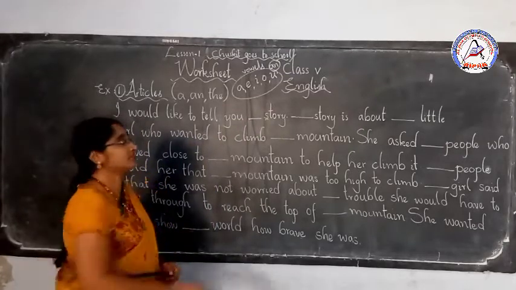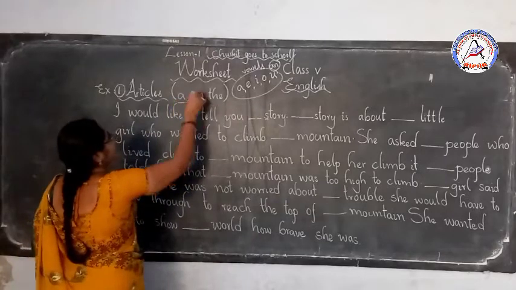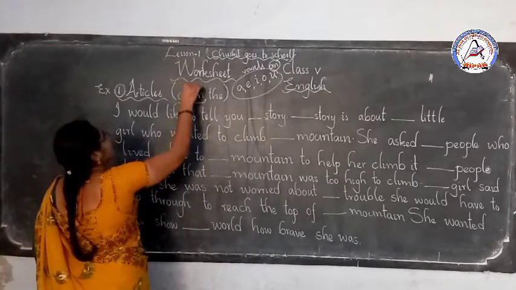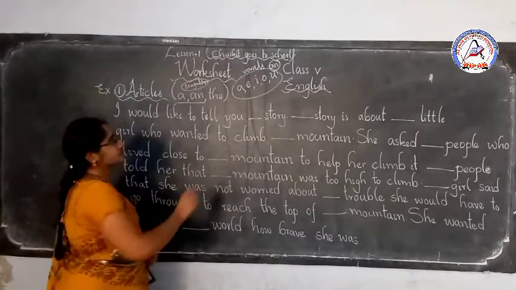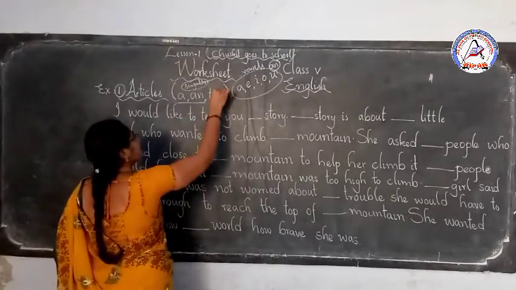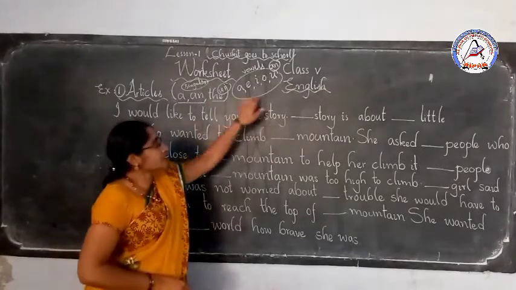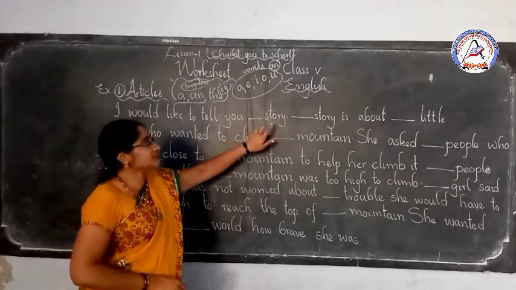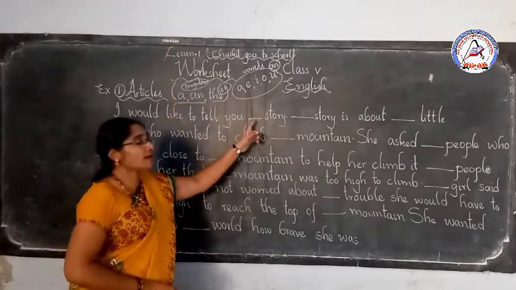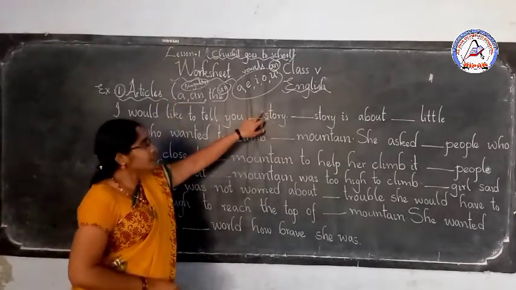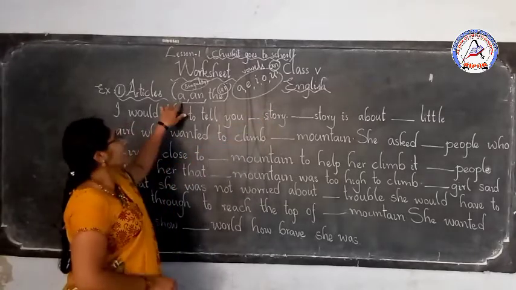Next, what do you have to see? Check whether it is singular or plural. See, a and an are used only when we are talking about singular nouns. Only singulars. The can be used with the singular and also with plural. Okay? So is story singular or plural? Yes, it is singular. So you can use a or an. Now a or an here, because this S is a consonant, you will use the article a.